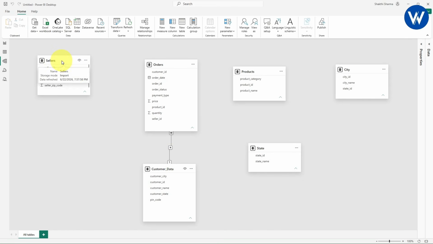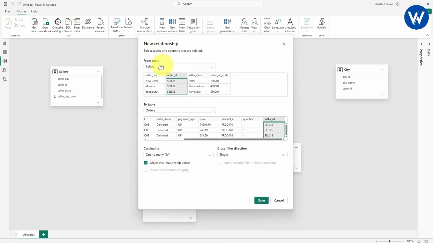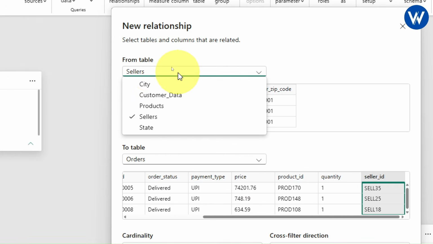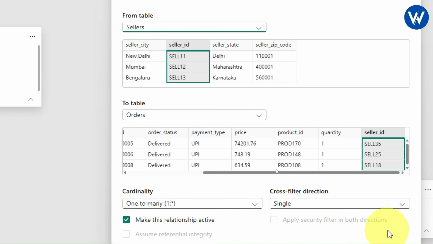I will repeat for the seller. I will take this table here. Now inside the orders table, let me show you. This is the seller ID and this is the seller ID, which is the common column. Now simply drag the seller ID onto the orders table's seller ID column. Now you will get a new relationship. From table you need to select the seller table, seller ID, and the orders table, seller ID.